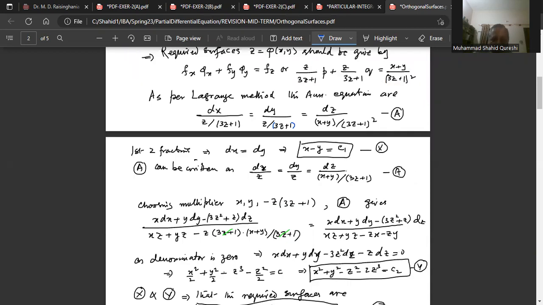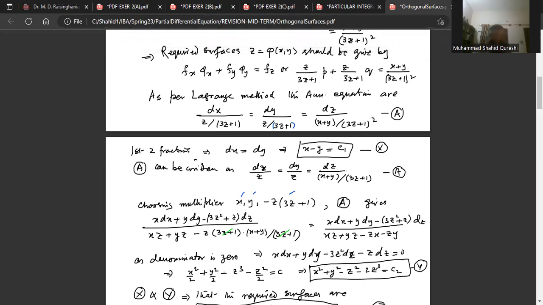And if we multiply by 3z plus 1 throughout in the denominator, 3z plus 1 cancels from here, and the power of 1 cancels from here, and that goes above. Now, multipliers are used: x, y, and this. And that will give me the denominator xz, yz, and this multiplied by this, 3z plus 1 cancelled out, and minus zx minus zy remains. So the denominator becomes 0, so the numerator is also 0. And that makes the numerator integrable. So we integrate that to get